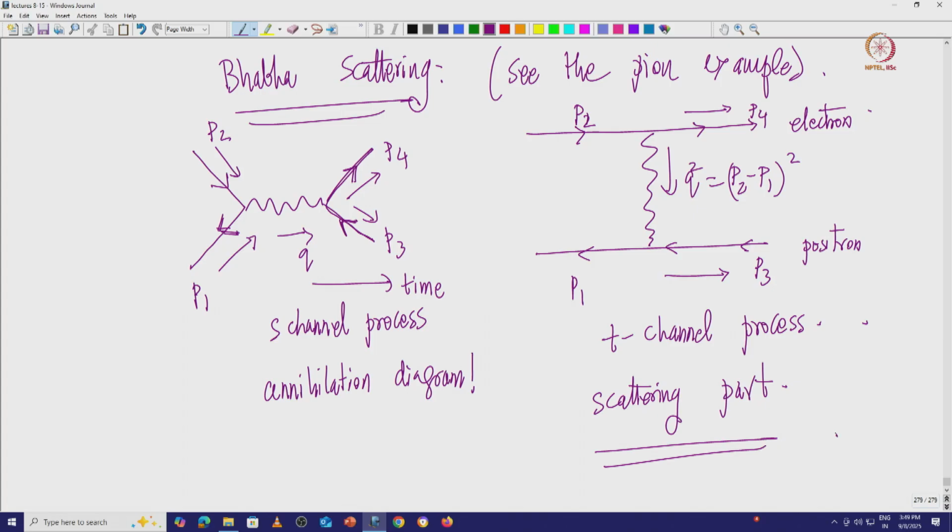So the positron and electron need not just annihilate all the time when they see each other, they can also scatter, and that makes a difference essentially. The annihilation channel becomes important when the energy exchange is greater than 2m square, and before that the scattering channel is the most important thing. Okay. The annihilation channel becomes important when the energy of the scattering is greater than twice the mass of the electron. Good. Okay. So we have seen the process of Bhabha scattering.